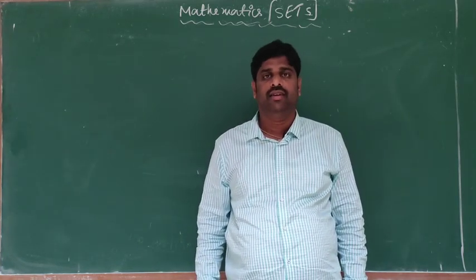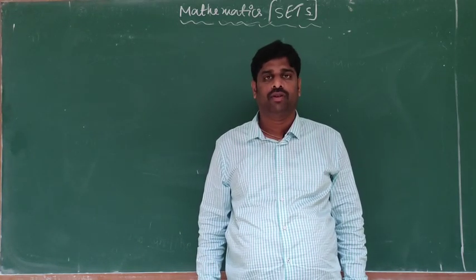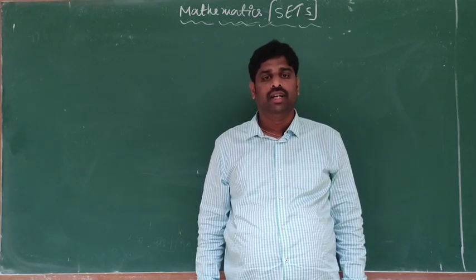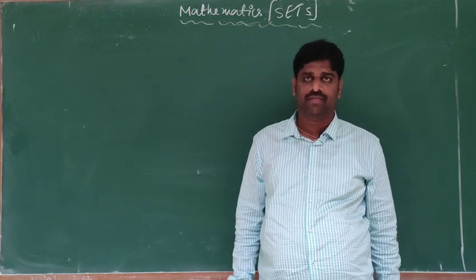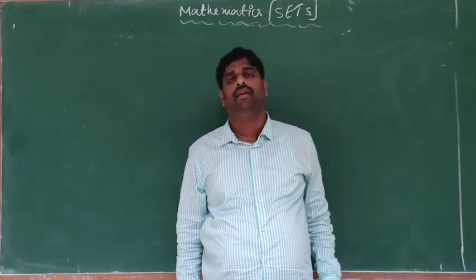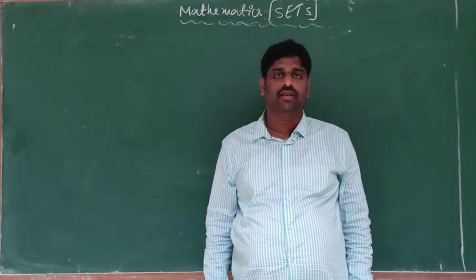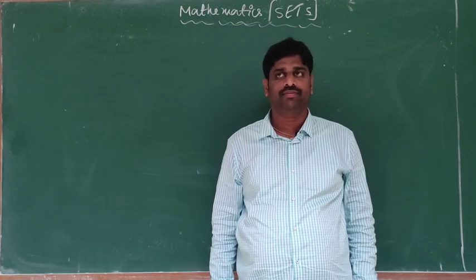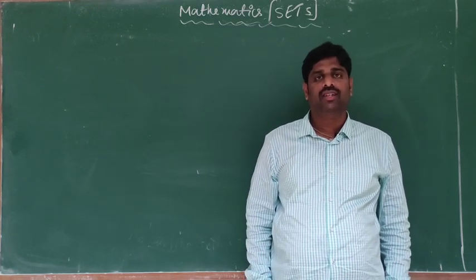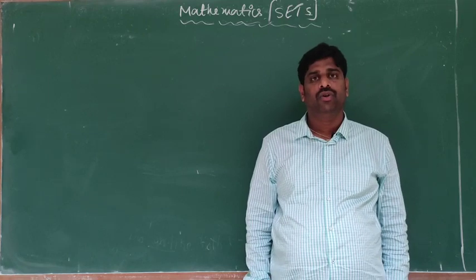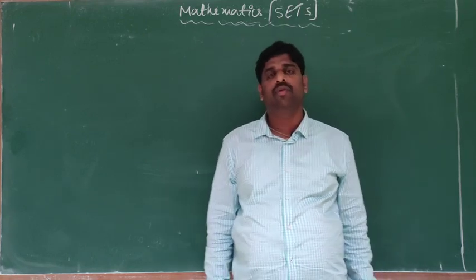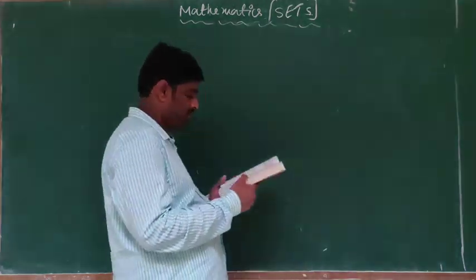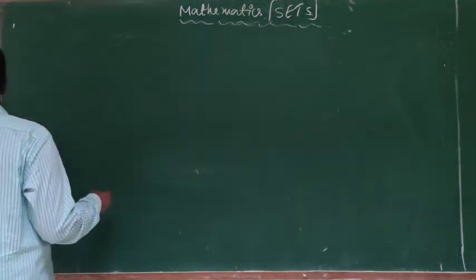In the last session, we discussed practical problems of union of two sets and intersection of two sets. I completed exercise 1.6 based on union and intersection of two sets. Now in this session, we have to discuss example problems of union and intersection of two sets. So, example